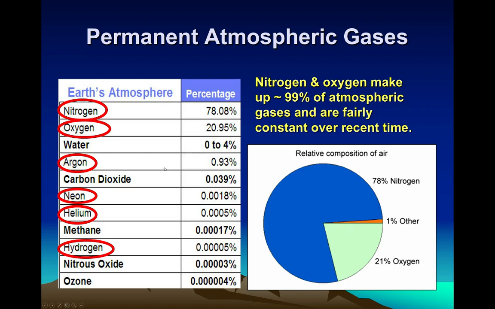Argon, a noble gas, not very reactive as a result, if you remember from IPS, just around 1%. Everything else is basically trace. We have neon and helium, other noble gases. We have carbon dioxide. Of course, this is relevant because it is increasing in the atmosphere by just small amounts, which we will talk all about in climate. Methane, another greenhouse gas, way down here in the, let's see, this digit would be the 1/1000th. So that's the 1/1 millionth. So in the 1 part per million